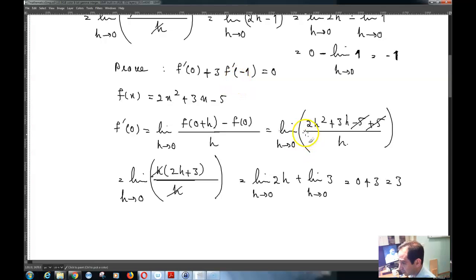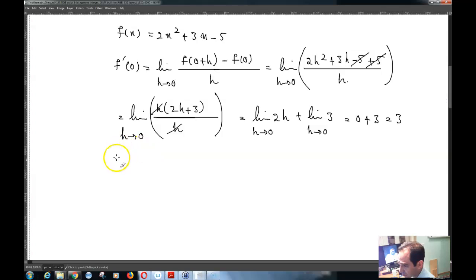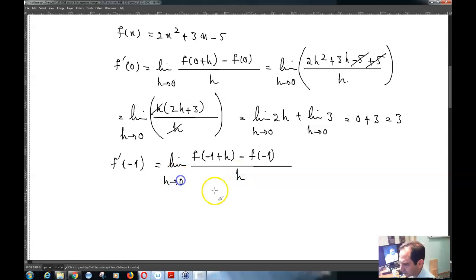F prime of -1, we found that to be something like, it's basically that. Let's calculate it again. The limit of basically f of -1 plus h minus f of -1 over h as h tends to 0. That's the f prime of negative 1. So then you have